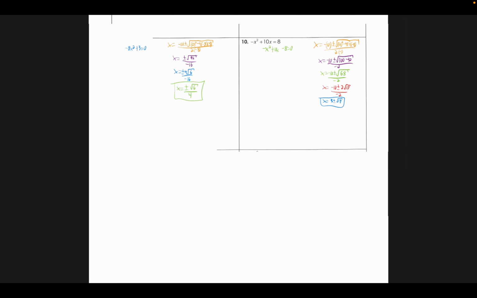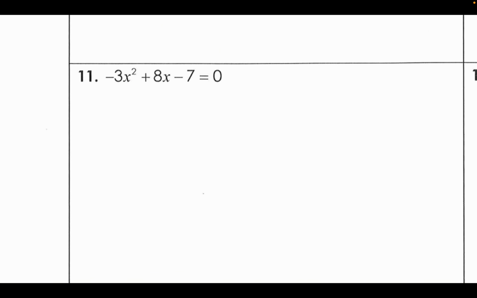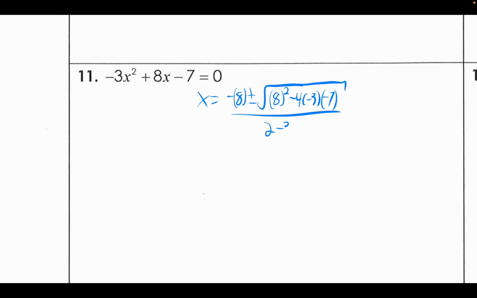Moving on to number 11. It is equal to 0. How exciting. So we plug this in. X equals negative of 8 plus or minus the square root of 8 squared minus 4 times negative 3 times negative 7, all over 2 times negative 3. And so it's negative 8 plus or minus the square root of 64 minus 84